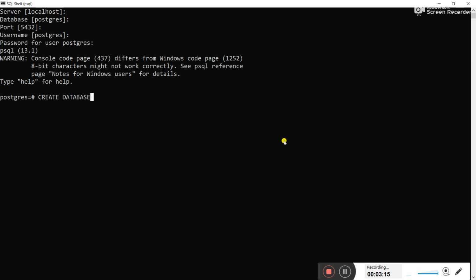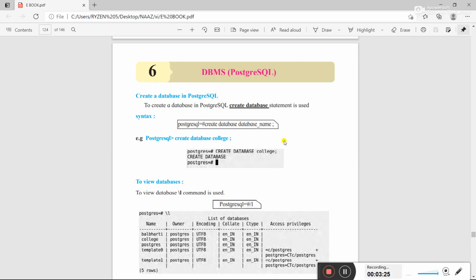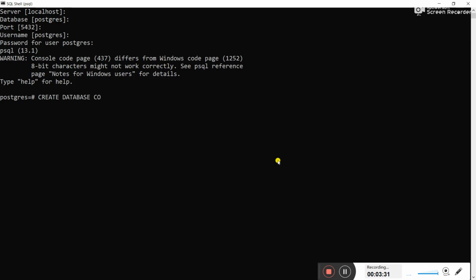After typing create database, you need to write the database name. Here the database name is college, so you need to write college.